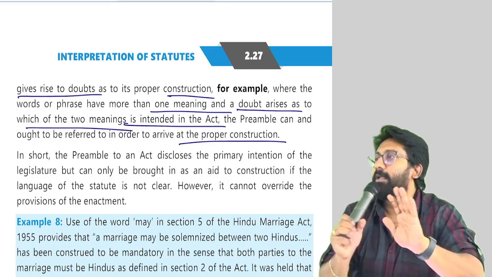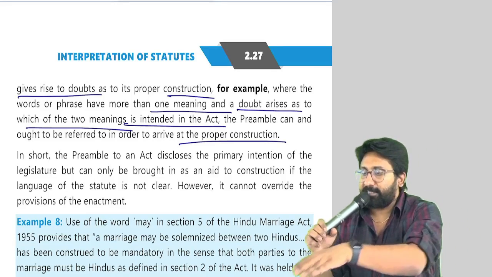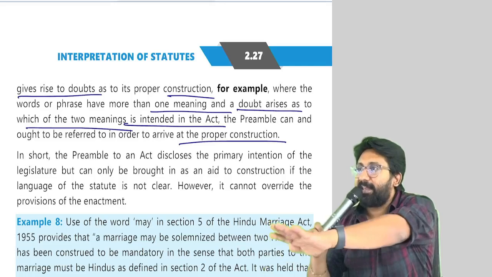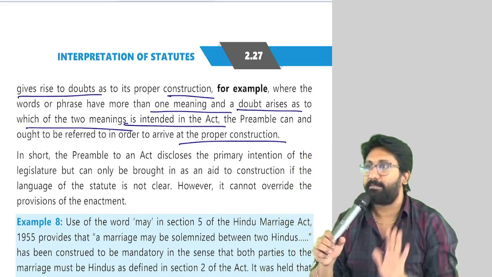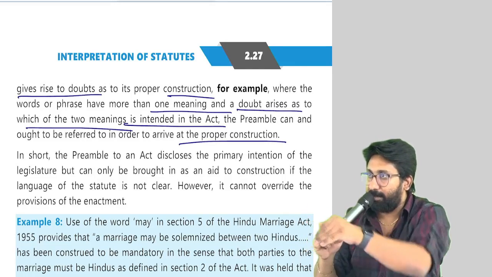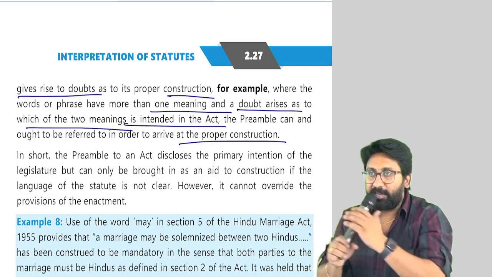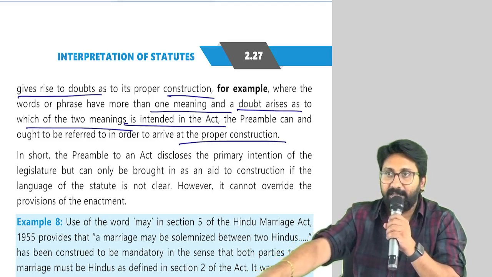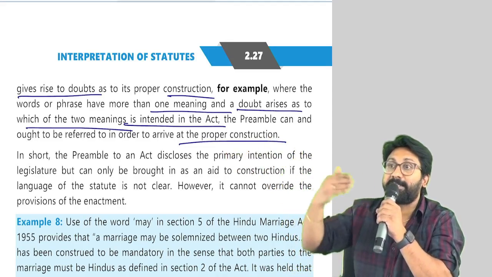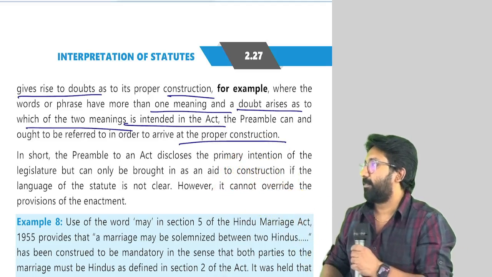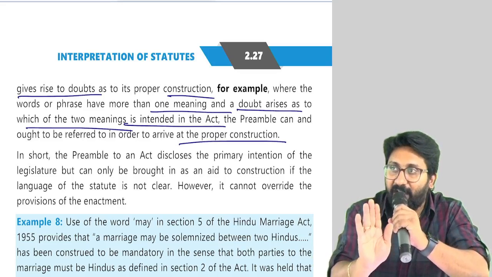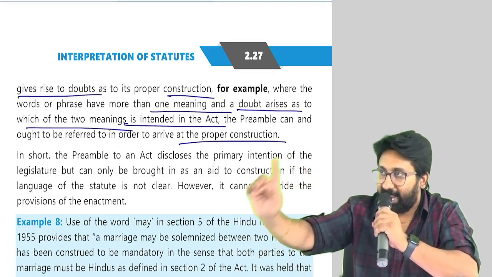Correct or not? Now listen carefully. Reception is like a preamble. It will tell what is there on an overall basis in this organization. If you ask at the reception what services are provided in the academy, they will tell you these are the 3 types of courses: CA, CMA, CS. Like this they will tell. There will be another person to whom you should go to understand in much more detail about these 3 courses. That means try to understand: as a reception is for an office building, preamble is for the act.